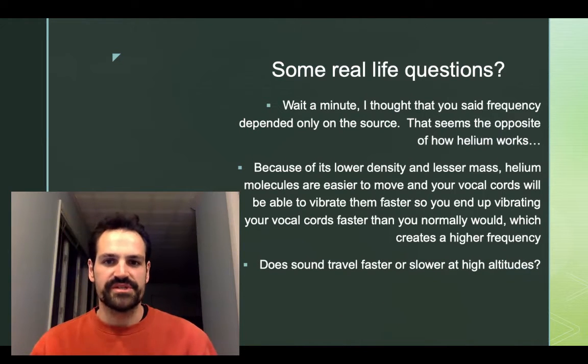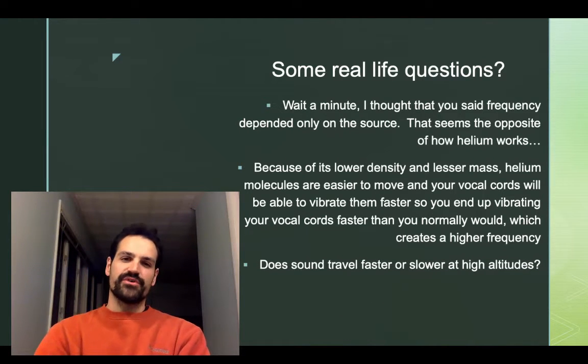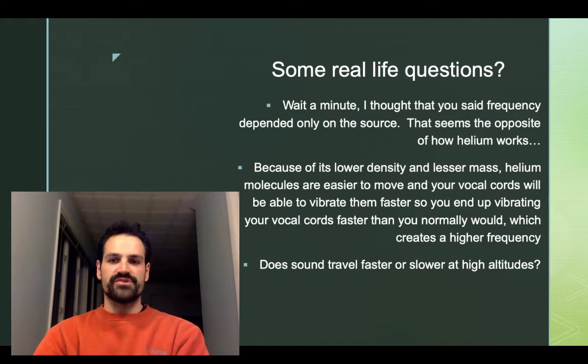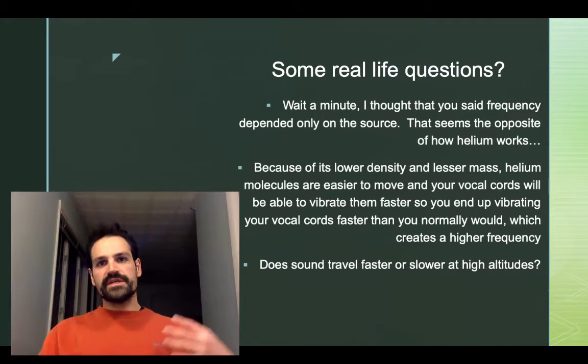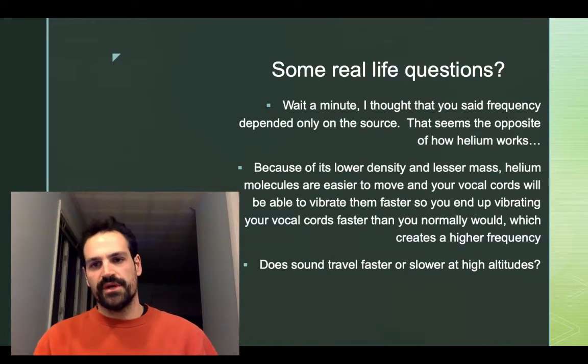Another common question, or actually a question I have for you, is: does sound travel faster or slower at higher altitudes? Take a minute and think about it. Pause if you need to, because I'm going to jump right into it. At a higher altitude, the pressure